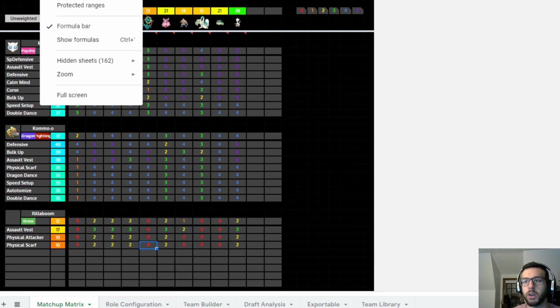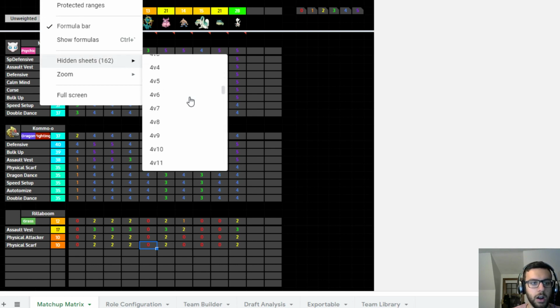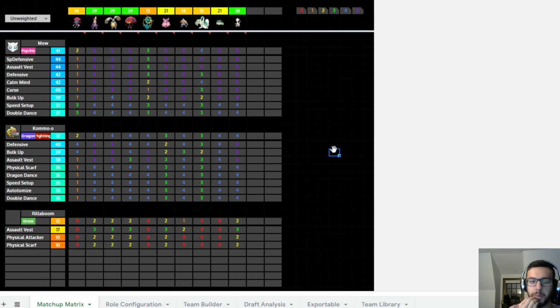If I go to the hidden sheets here, you'll see there are hundreds of hidden sheets that are analyzing every single matchup possible between my Pokemon and my opponent's Pokemon, and turning it all into something that I can analyze here. It basically spits out a number between 0 and 5 based on how effective that set is against my average opponent's set. So for example, when I pull this up, this set, it pulls me up the best, 8,